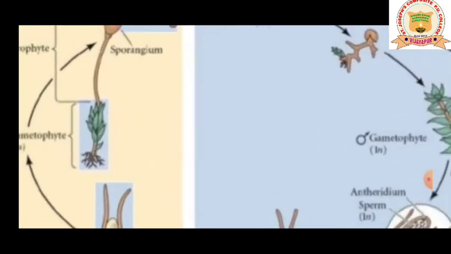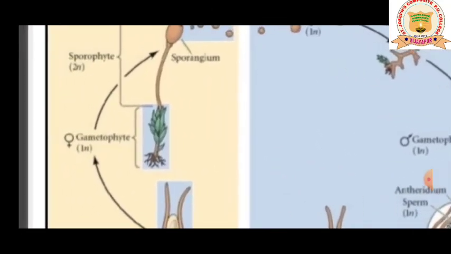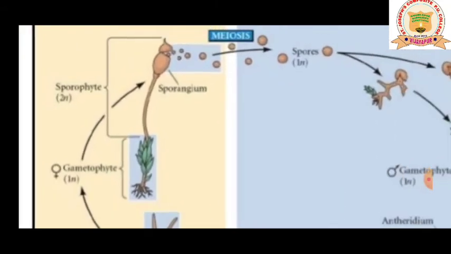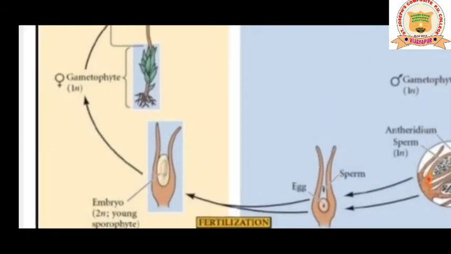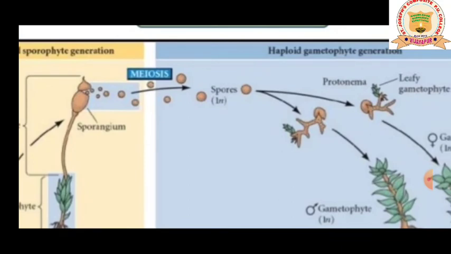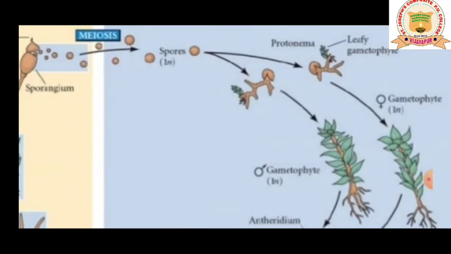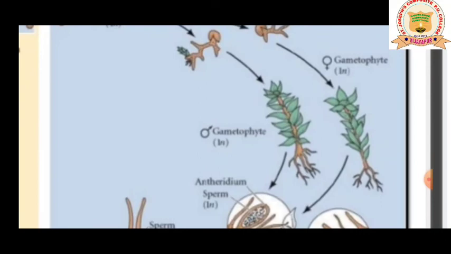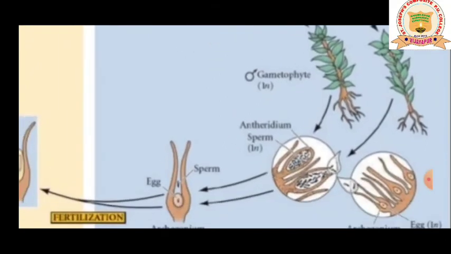See, this is the plant containing the male gametophyte, plus sign, and an arrow mark sign which is going for a fusion of male and female gamete, and this is going to give you the sporophyte. This sporophyte will not develop further, it will go for meiosis, that is a reductional division, containing spores. These spores will produce the gametophyte. That's nothing but a leafy gametophyte and a protonema which develop into a gametophyte. It may be a male gametophyte and a female gametophyte, which is haploid.